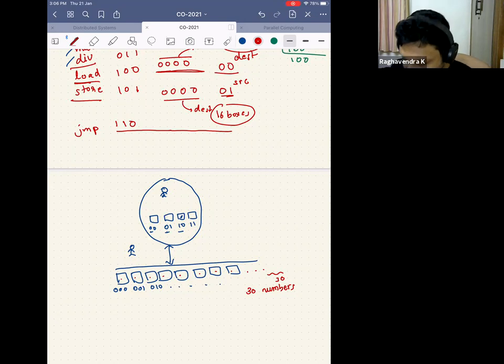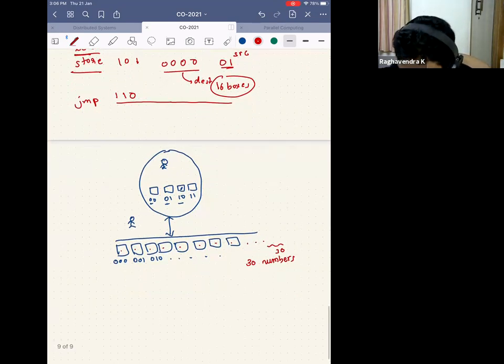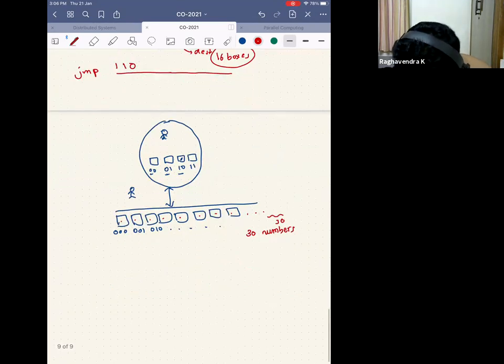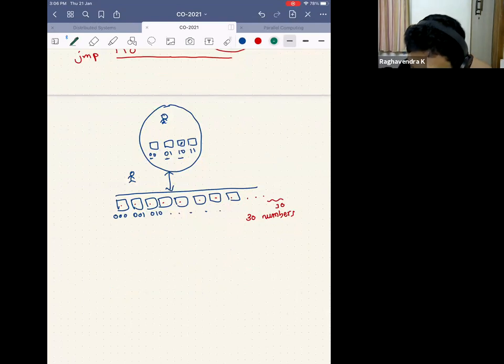So now can you tell me how do I go about doing this? See, one way to do this is I just do. So how do I do this? Okay, maybe I should allow you to answer. So let's say I want to do it in a dumb way, right? So how do I do this? So did everybody understand the question at least? Did you understand the question? Is there anybody who did not understand the question?